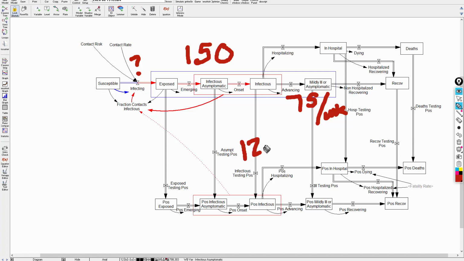So basically the sum of this flow, and this flow, and maybe this one, but presumably hospitalization's not involved, is 12 a week. So that's potentially encouraging, but I think we basically can't draw many conclusions from this number because we don't know how many